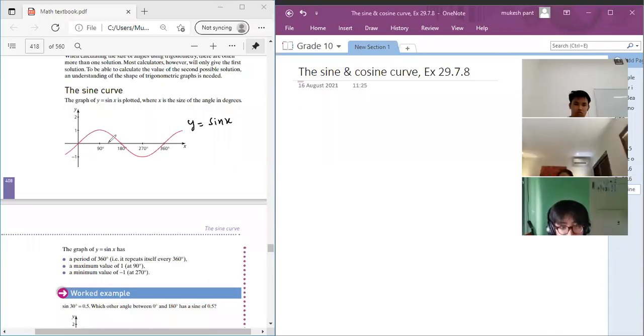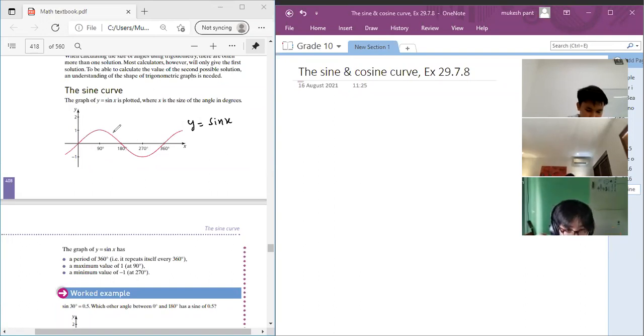Now, this horizontal axis, or x-axis, shows the angles. This is 0-degree angle. This is 90-degree. This is 180, 270, and 360. So this x-axis will show the angles and the y-axis will show the values. If we understand this,